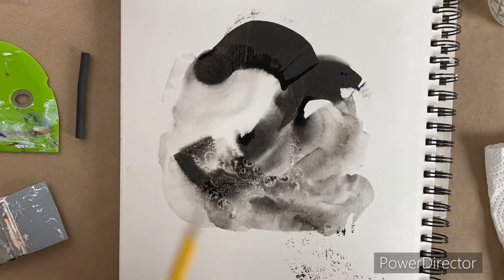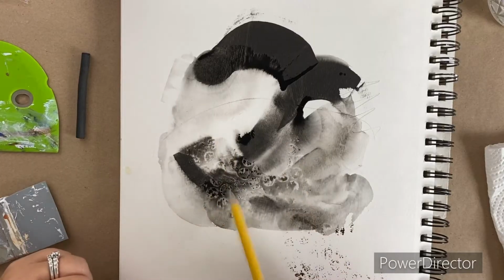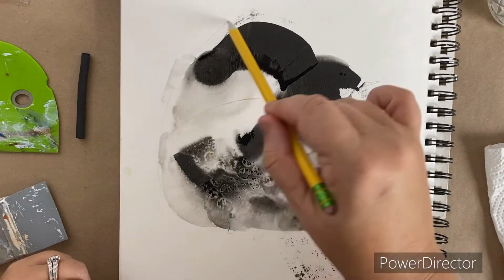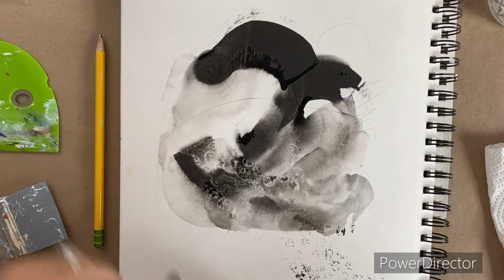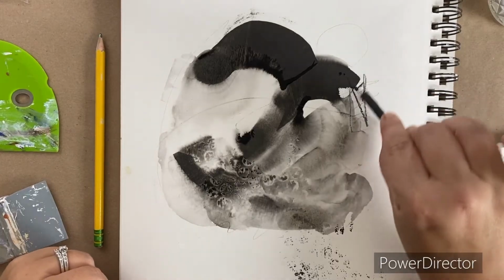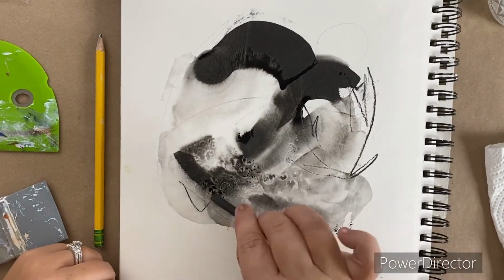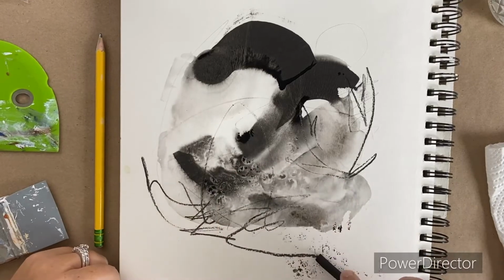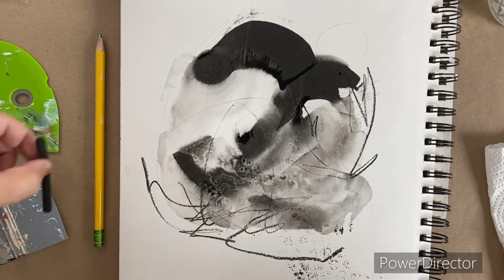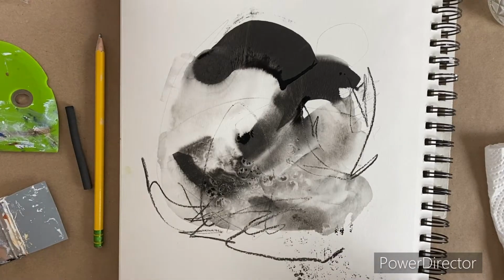You can also just scribble around with your pencil if you want to see what that does. You can try the charcoal. I love charcoal. I add it in a lot of my paintings because I just like to scribble around with it. So that's one idea. Another thing you can do